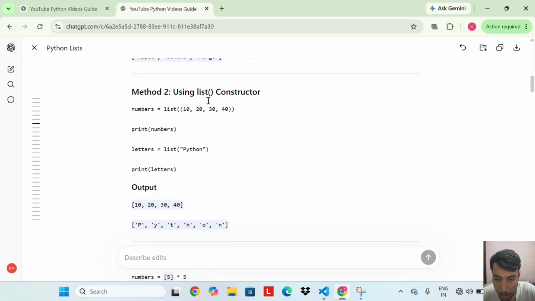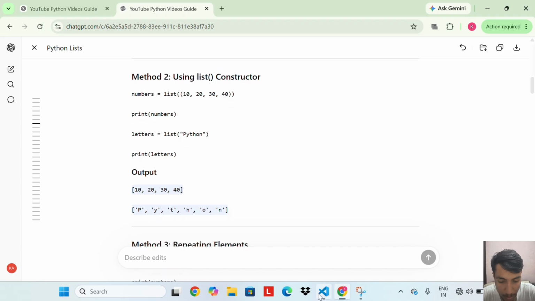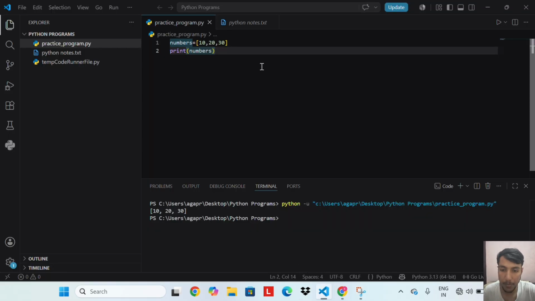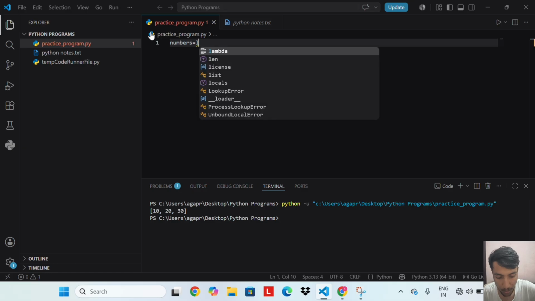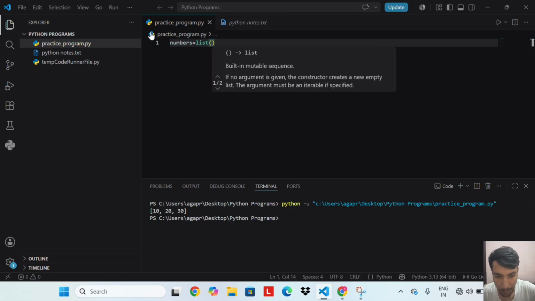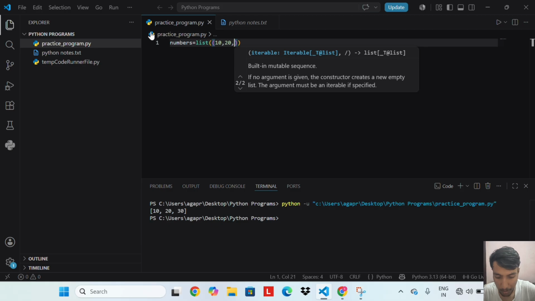Method 2: using the list constructor. So let's do an example of using the list constructor. Numbers equal to list 10, 20, 30, 40.